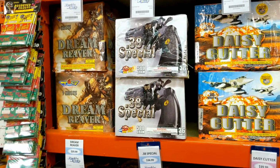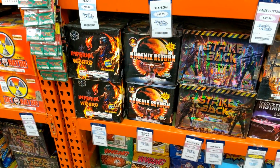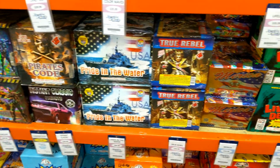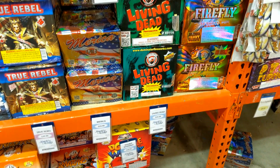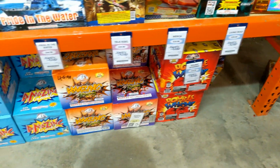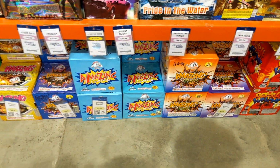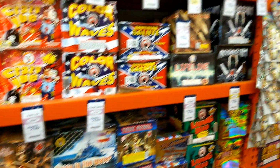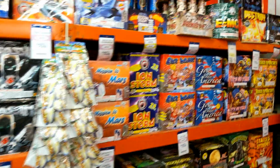And obviously, every year they get in different products, so you come back in 2021, they'll probably have different items on the shelves too, so just keep that in mind. All the amazing cakes down here, grabbed one of each of these from the shopping trip video. All single effect cakes, really cool. The next bay,